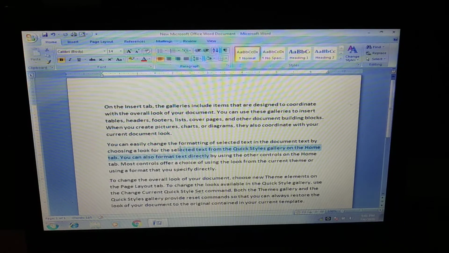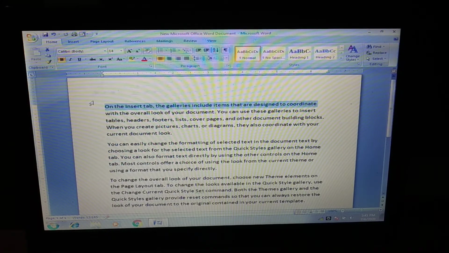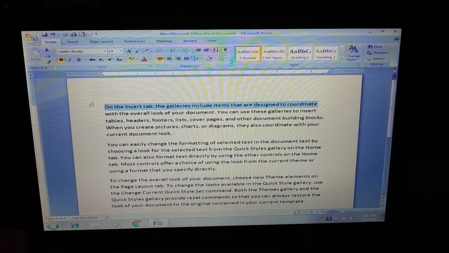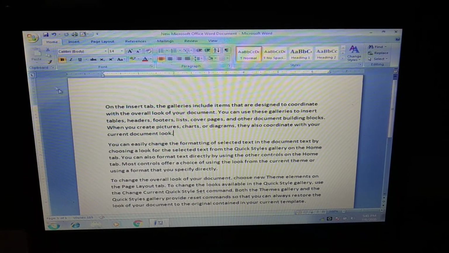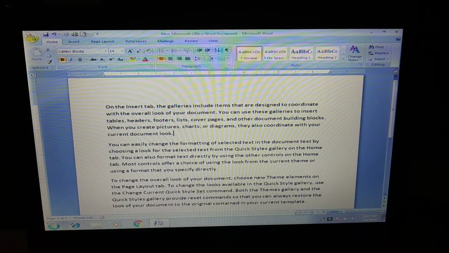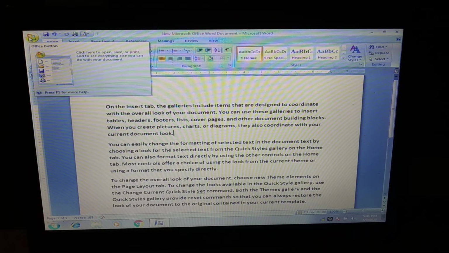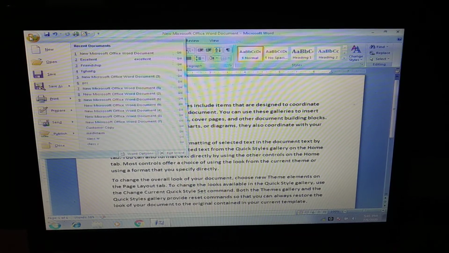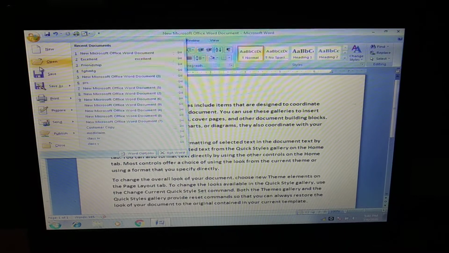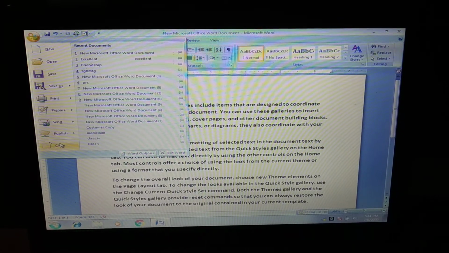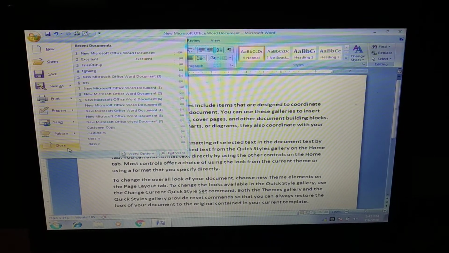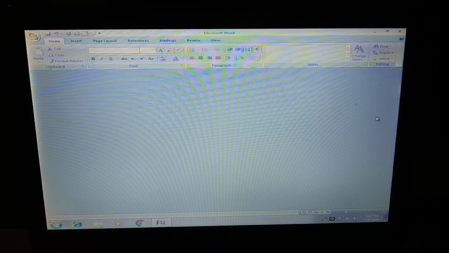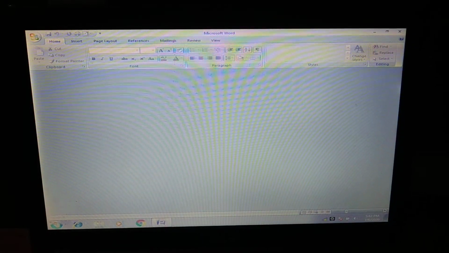On top you have the heading Closing a Document. Now I will show you how to close a document. This is my document. Again you go to this office button. I hope you can see the arrow on top left corner, office button. You click on this. Then you see the option close. You see here it is given. If you click on this, your thing will be closed. See how it is now closed.